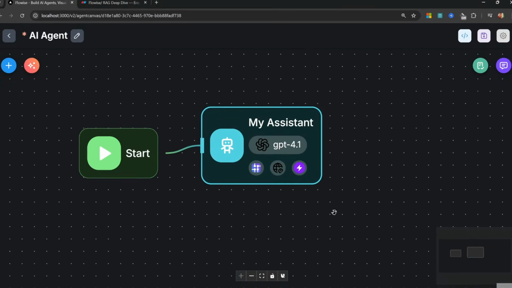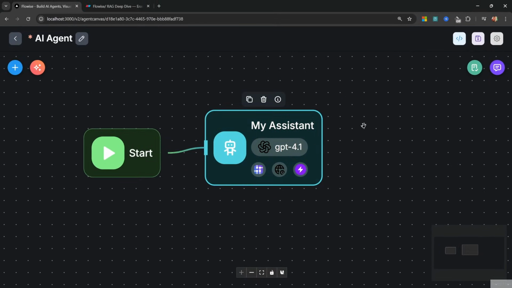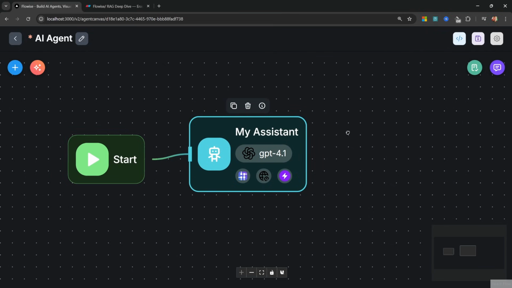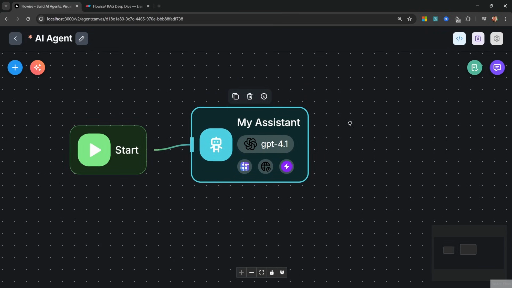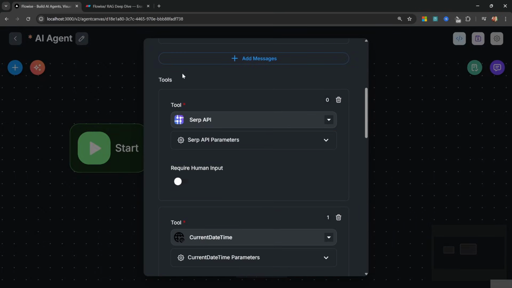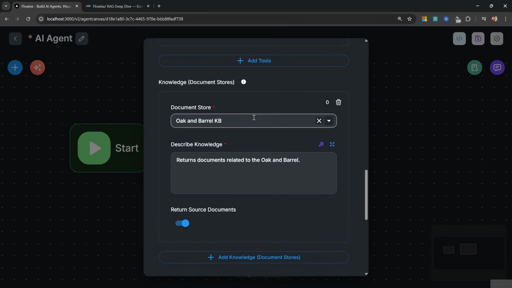In the previous video, we built this AI agent that's able to answer the user's questions by performing a Google search or by looking up the answers from a custom knowledge base. Basically what we did is, if we expand this node, we assigned a tool, and more specifically the SERP API tool, which gives the agent Google search capabilities. And for the custom knowledge base, we assigned a document store, which contains information related to this Oak and Barrel